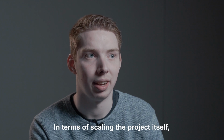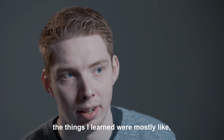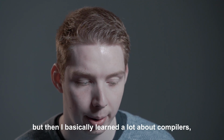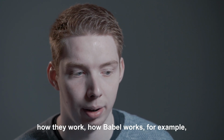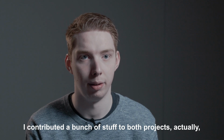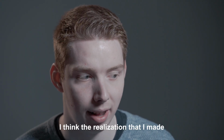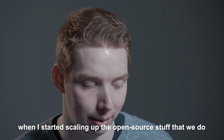In terms of scaling the project itself, I knew a lot of JavaScript already when I started contributing to Next, because I had worked on Hyper and other projects. But then I learned a lot about compilers, how Babel works under the hood, or how Webpack works under the hood. I contributed a bunch of stuff to both projects, to improve memory usage, for example. And I think the realization that I made when I started scaling up the open source stuff that we do is